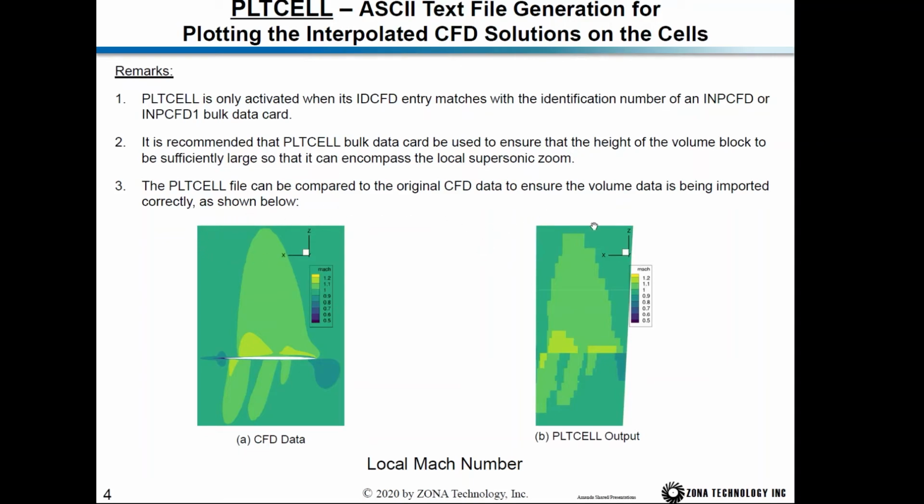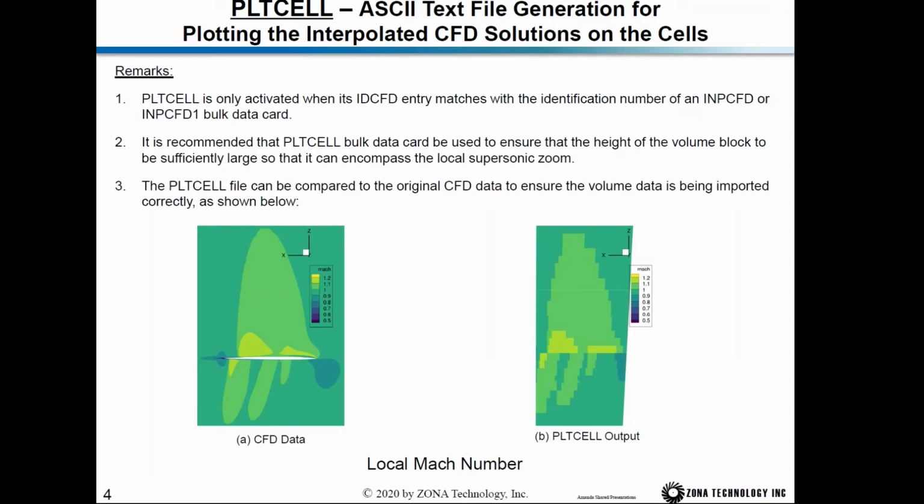Then you can generate a plot file in which you plot the local Mach number within the volume block, and then you can compare this to the CFD solution on the CFD volume mesh. So you can verify the interpolation, and also you want to make sure that the volume block is big enough to contain all the local supersonic flow. So in this region is the local supersonic flow. And this verifies that the height of the volume block is big enough to contain this supersonic